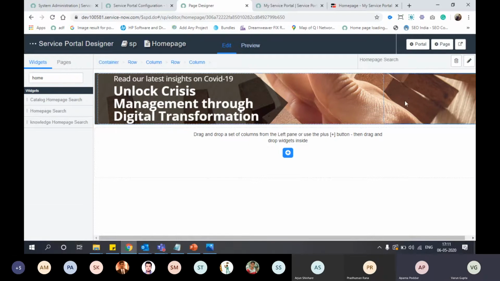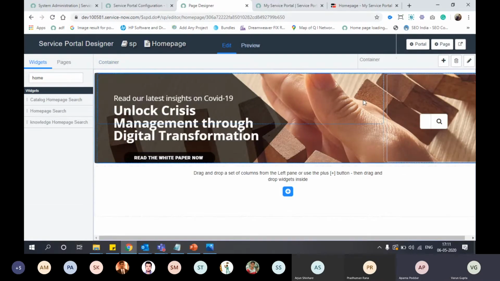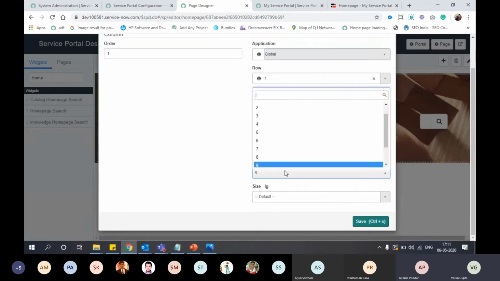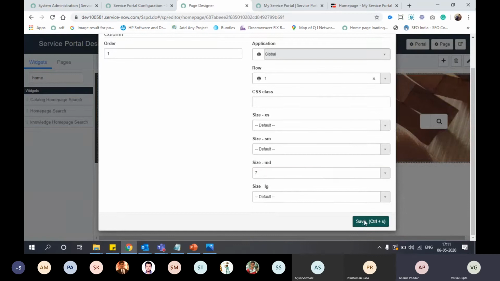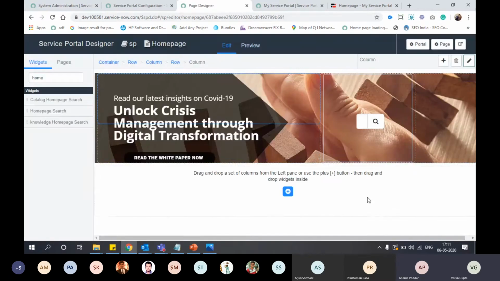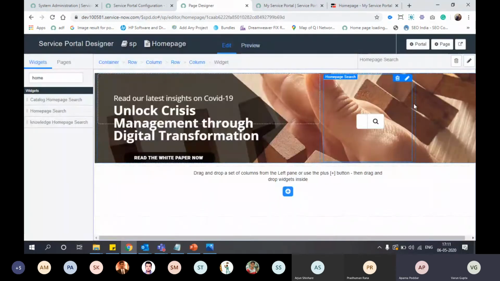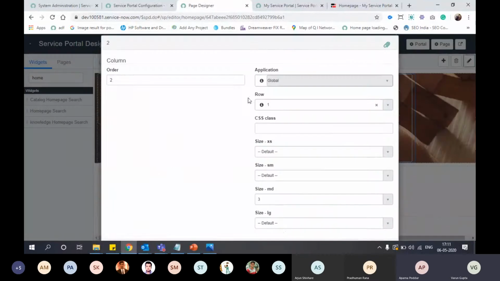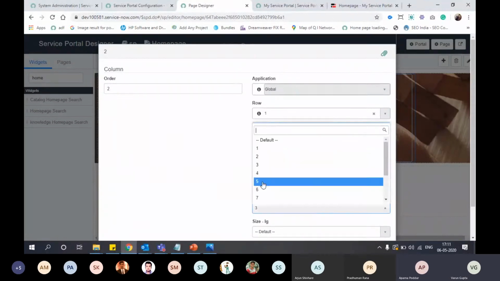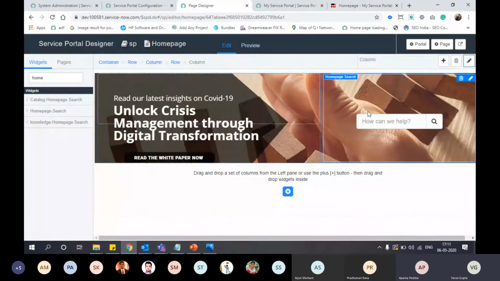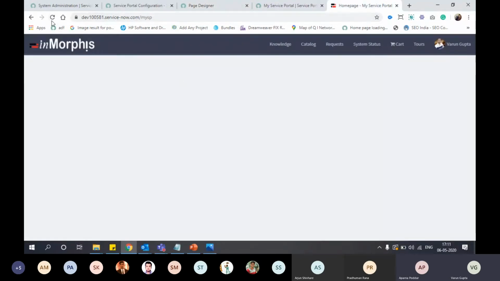On the right side we will add search. Preview it.